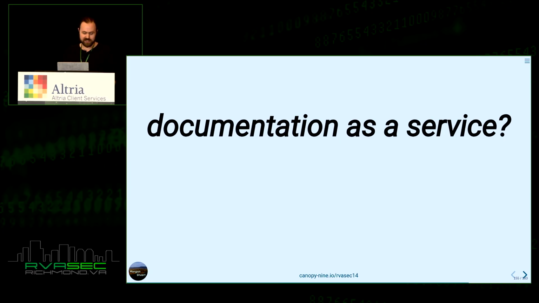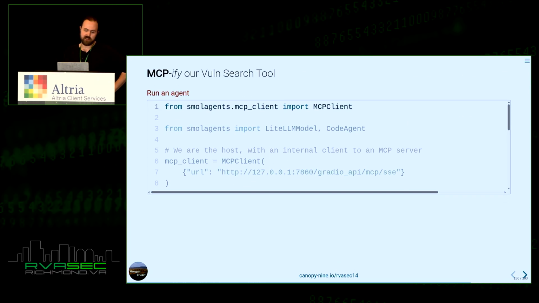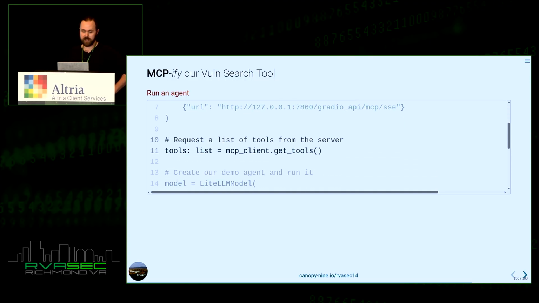And like I kind of said, it just feels like documentation as a service, I guess. I don't know. It's more complicated than that, but it is kind of interesting: put the documentation there so that the system can also read it. And then, of course, we build our client, or we modify our host process. The host process is what's interfacing with the LLM. And we instantiate a client, and we ask it for the tools, and we later pass that on to the model.